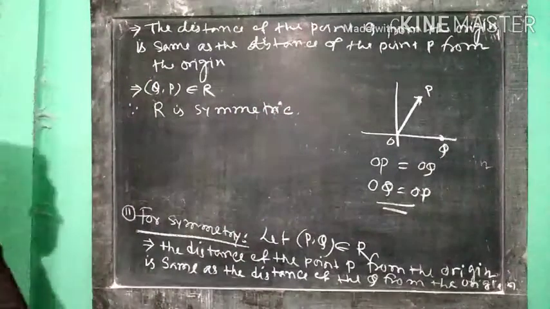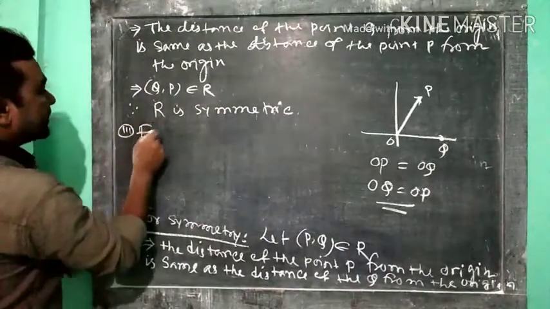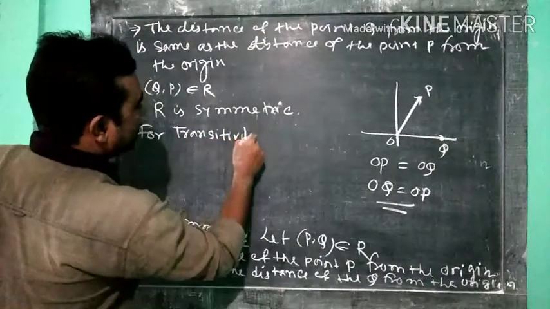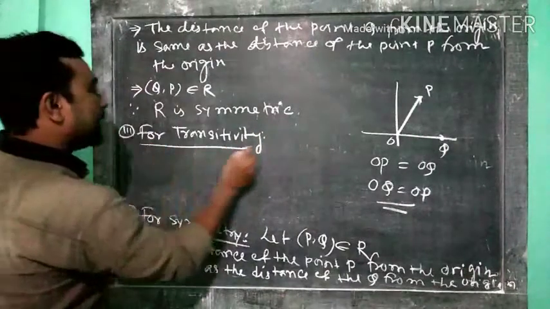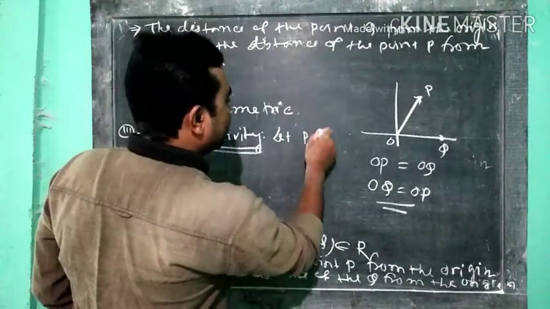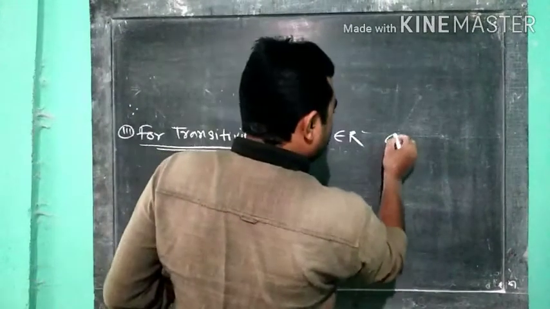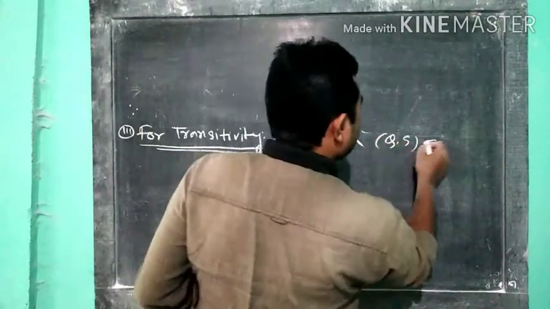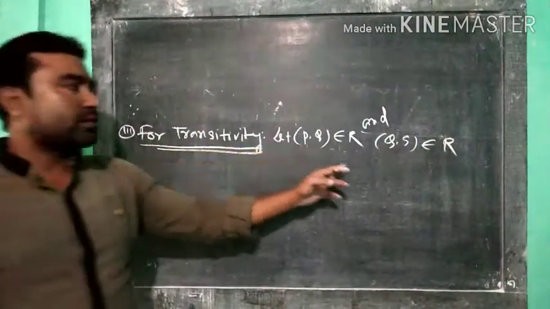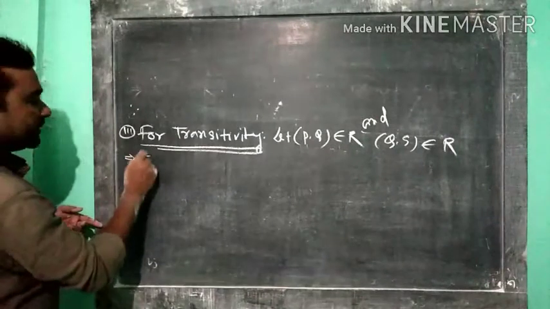Okay, now we are going to show that R is transitive. Number 3, for transitivity, first of all we take 2 elements. Let P comma Q belongs to R and Q comma S also belongs to R. That implies that the distance